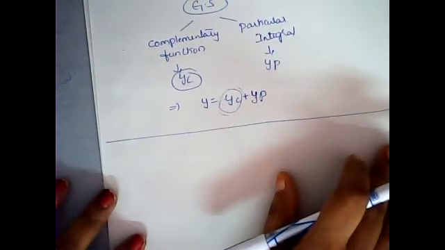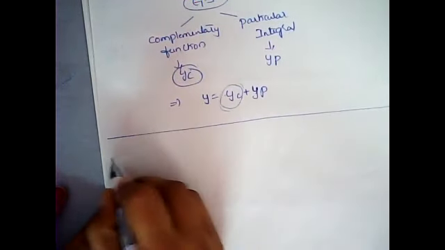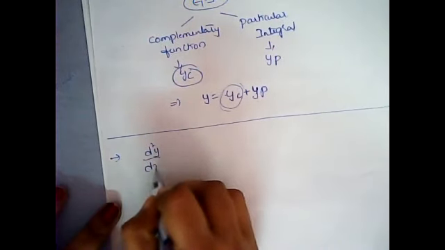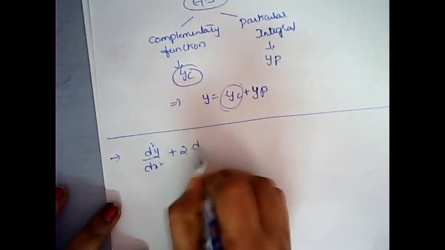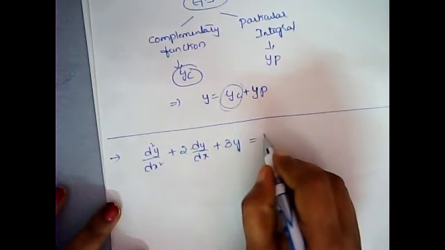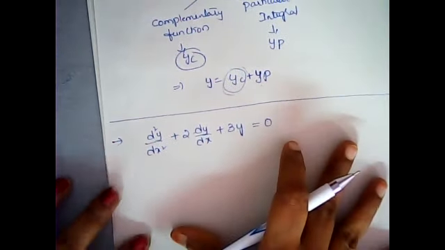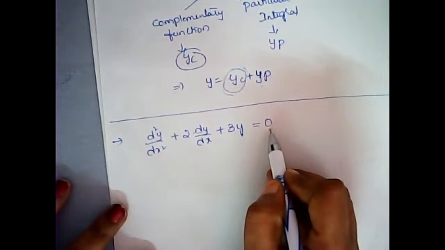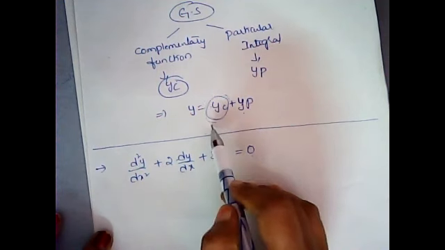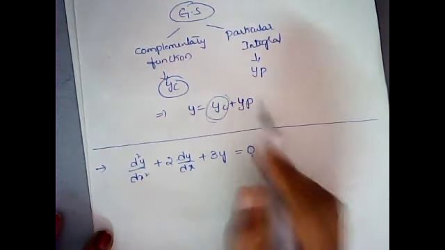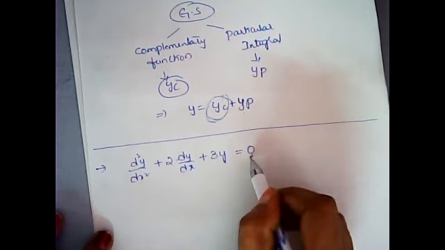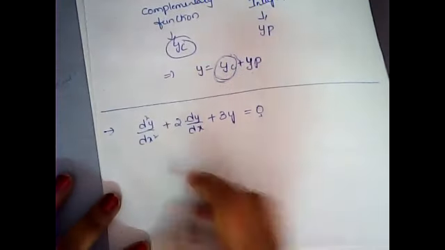Okay, so suppose the equation is given to me as d square y by dx square plus 2 into dy by dx plus 3y is equal to 0. Okay, where q of x is equal to 0 here. If q of x is equal to 0, for the general solution you will be getting only the complementary function. If q of x is given, you need to find out yp also. Since we are going with only yc, that's why I have taken q of x as 0 here. Okay, now this is the given problem.